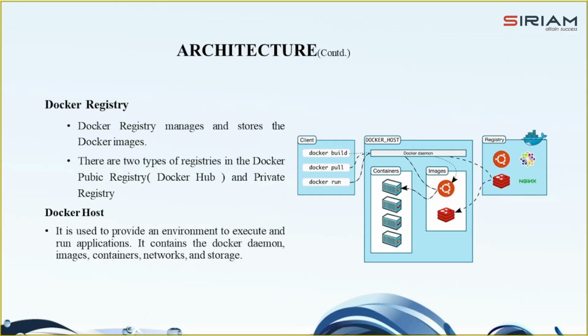So let's talk about Docker registries and Docker host in detail. Docker registries are like a massive warehouse where Docker images are stored. They can be public or private, and even developers can create their own private ones on Docker Hub. Docker Hub is a popular public registry that is open to everyone. When you run or pull Docker commands, the required images are fetched from these registries.